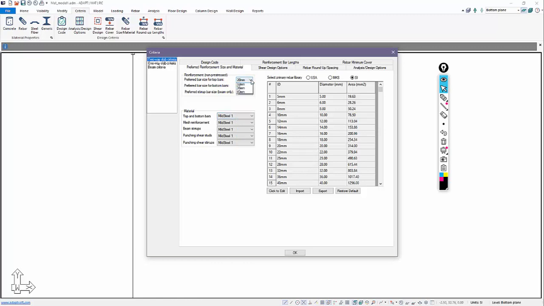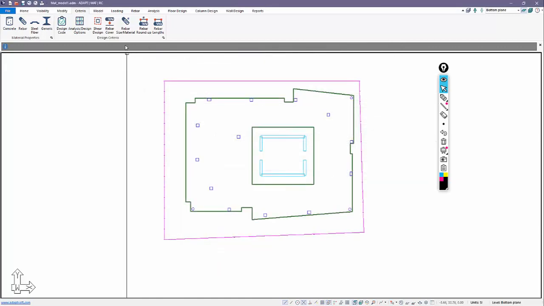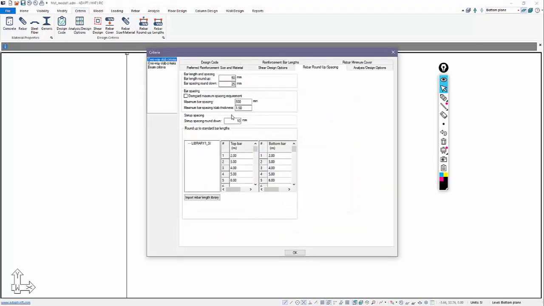Actually, let's use 22 millimeter bars top and bottom for the reinforcement. The last option here is really for stirrups only, so that doesn't matter for a two-way slab. And then we have options for rebar roundup and rebar lengths. These just give the user options on how the bars are going to be detailed and cut off based on whether it's a bar for minimum reinforcement or a bar for strength.